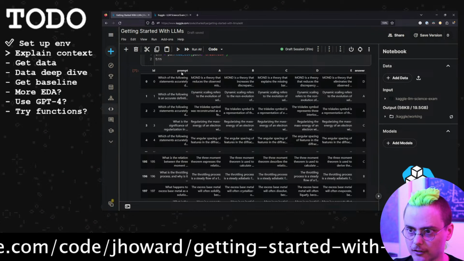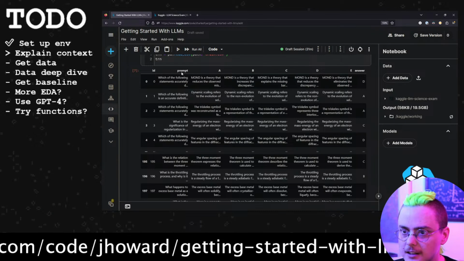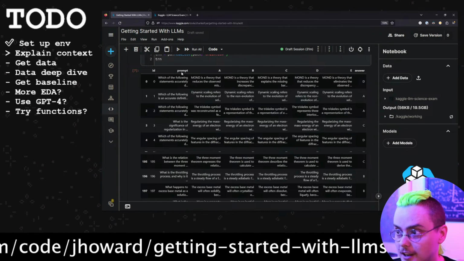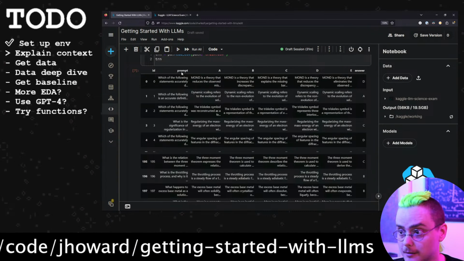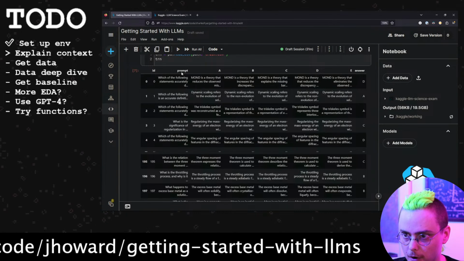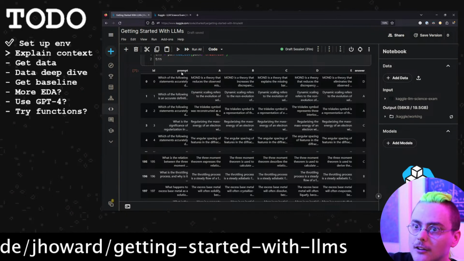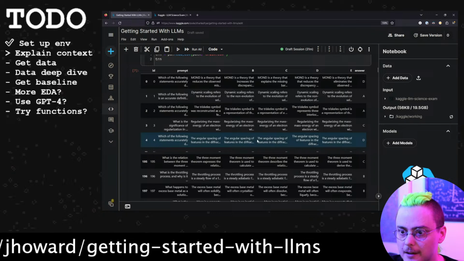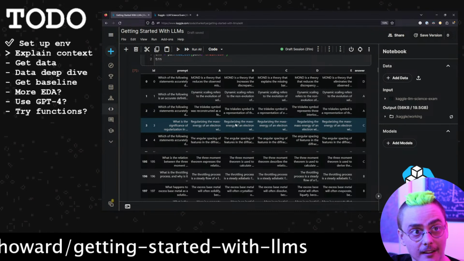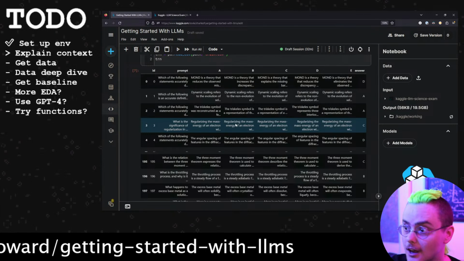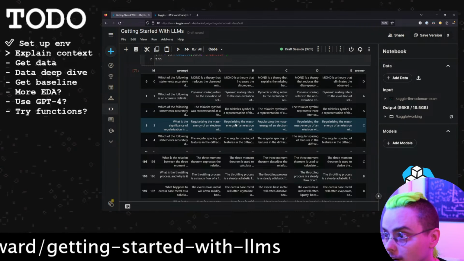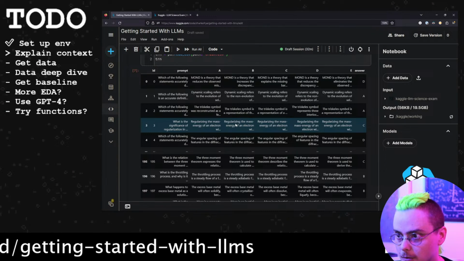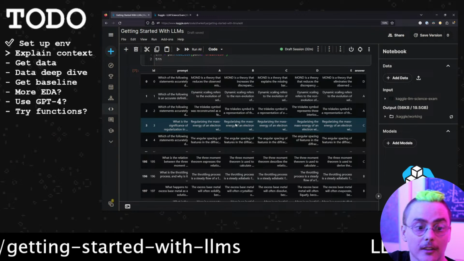And then there are 5 possible answers, A, B, C, D, E, and the correct answers are indicated with this column all the way on the right, this answer column. So we're trying to output the correct answer. Now that I've seen the data a little bit, I'm getting more curious about what exactly evaluation means, because I was about to say that our goal is to put out the exact correct answer, but you don't know that just from looking at the data. We know what the correct answer is, but we don't necessarily know how things are scored.